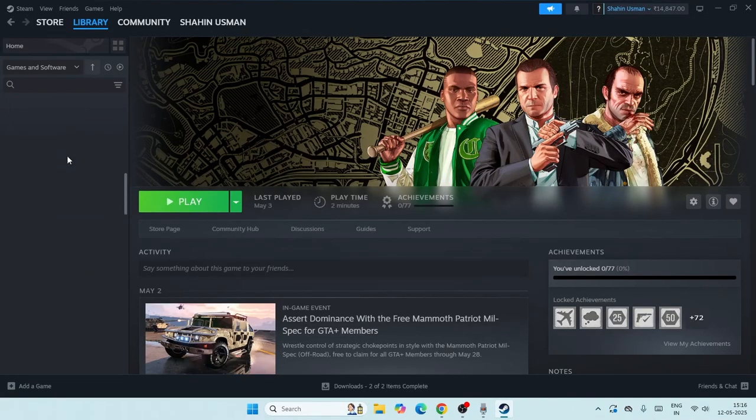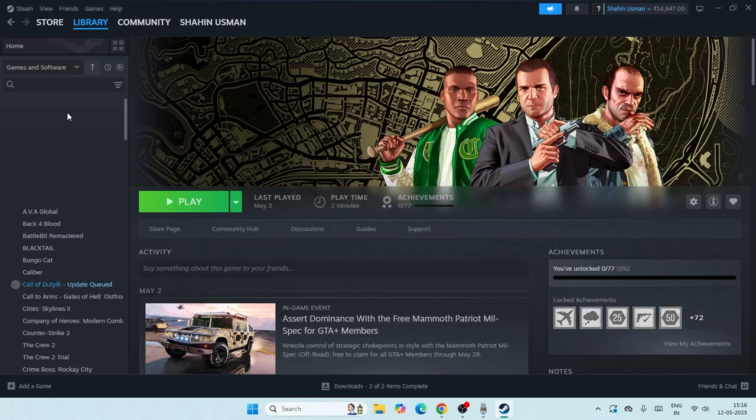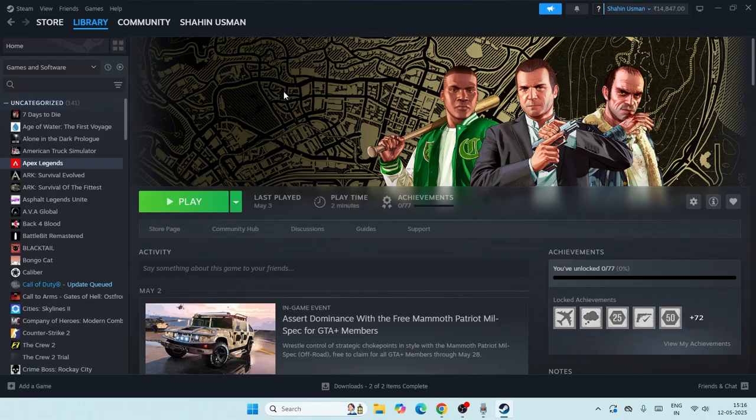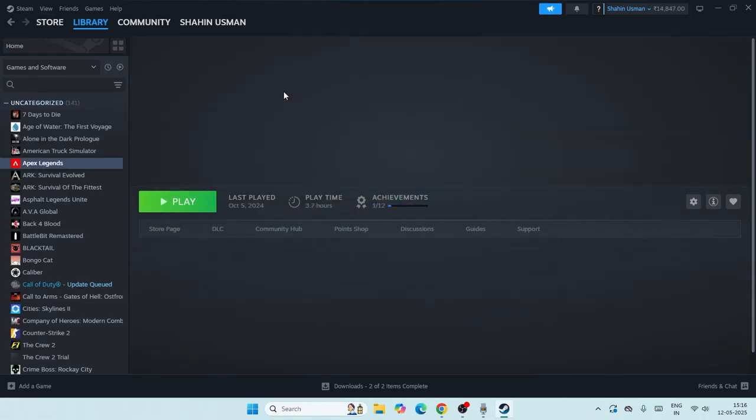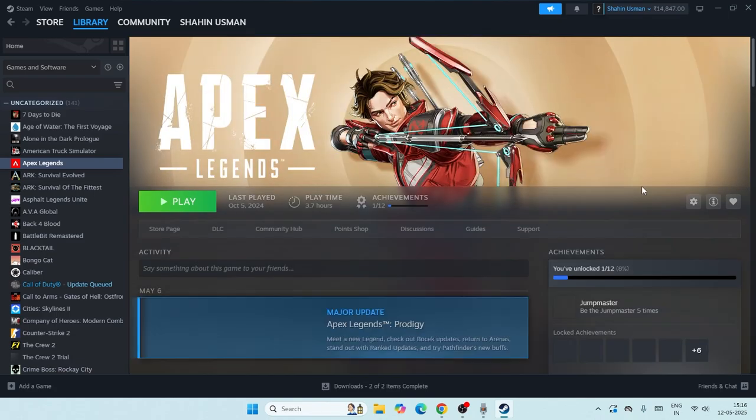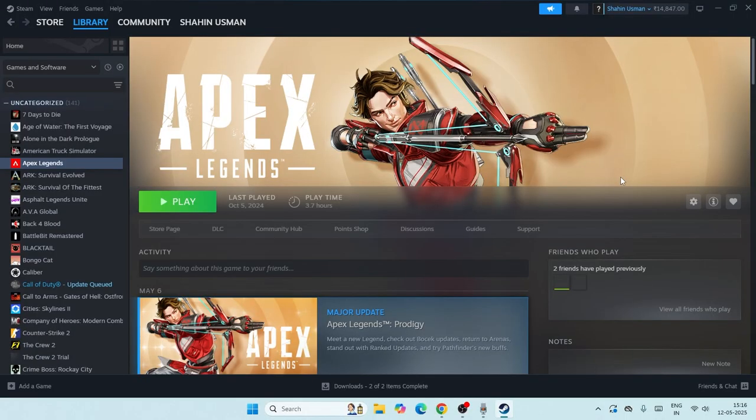Now from here, go to the top, and as you can see, I have Apex Legends here. Whenever you're trying to play, if you're getting this Badware error, the only solution that's going to fix it for you is to uninstall one tool called Daemon Tools